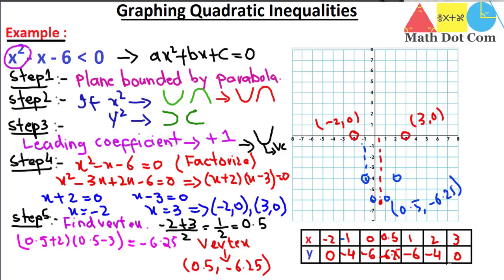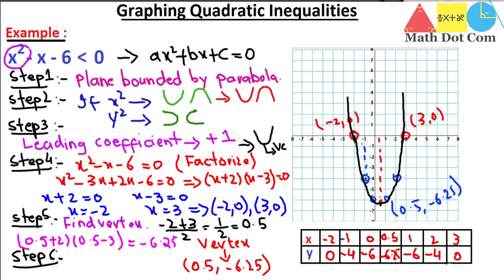So we'll start from here, from the vertex, and we'll move upward. It will be like this. If we further extend it, it will be like this. So this is basically the shape of the parabola. It is clear from steps 1, 2, 3 that we have got a parabola that is upward in direction, and not downward, not left, not right. So it is clear why I make sure that steps 1, 2, 3 should be considered while graphing quadratic inequalities. Now the last step, step 6, is shading the area that will be included